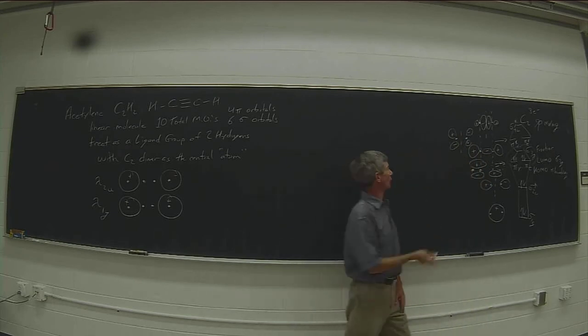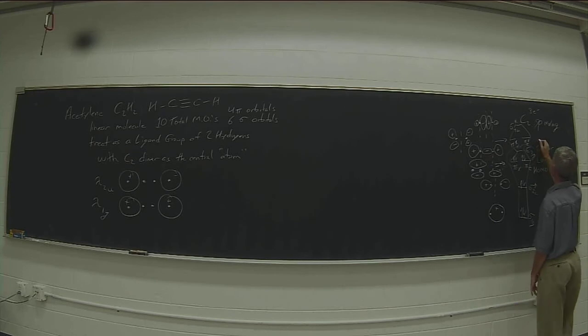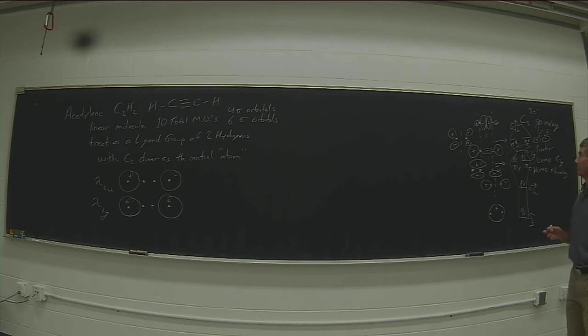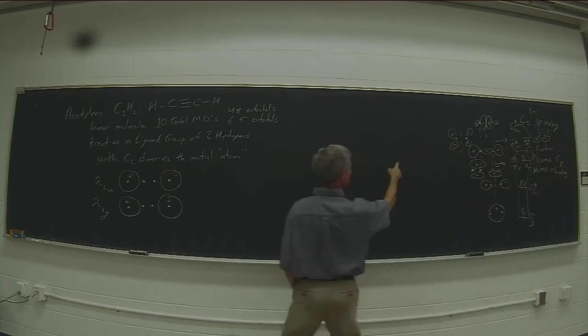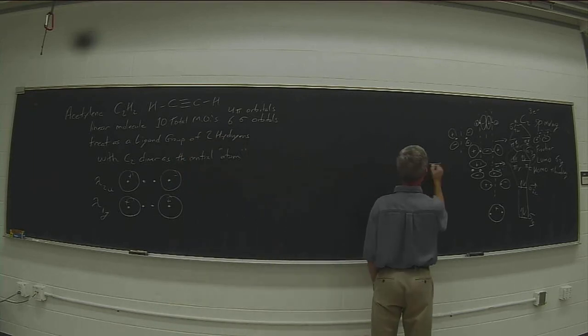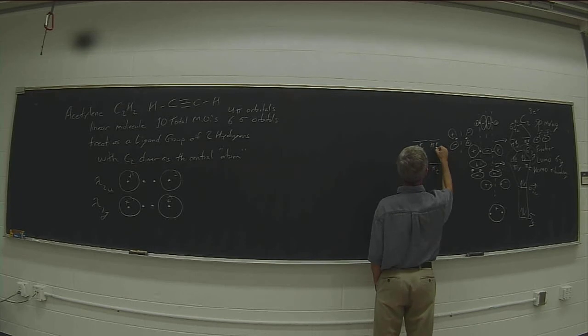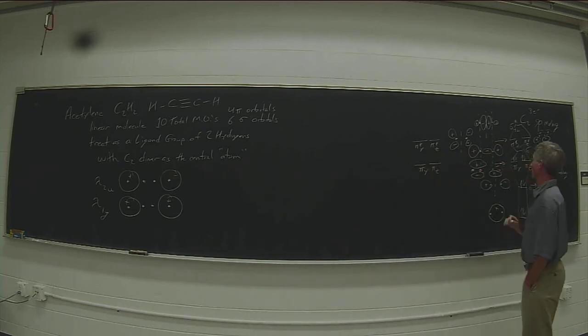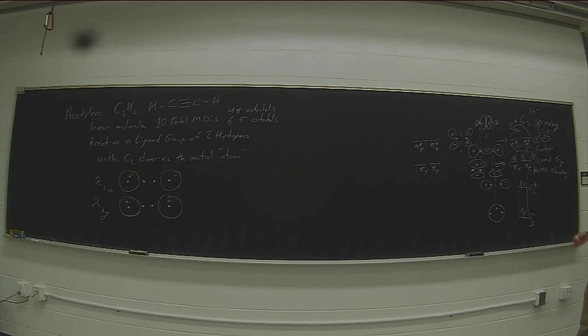One lying in the plane of the board, and the other one, pi star z orbital, over here, lying perpendicular to the plane of the board. Those orbitals are going to look exactly the same as they did. So we can bring them over and put them in the relative location they're going to be: pi y and pi z, and pi star y and pi star z. Those orbitals are going to be at exactly the same energy that they were before we dropped the C2 dimer